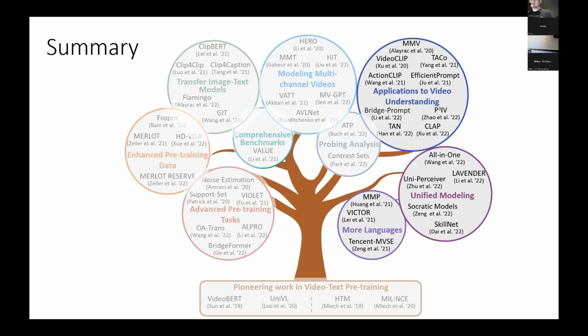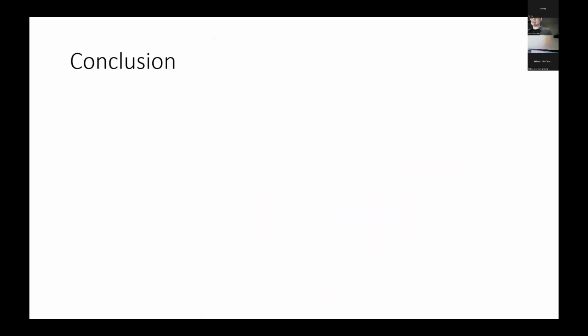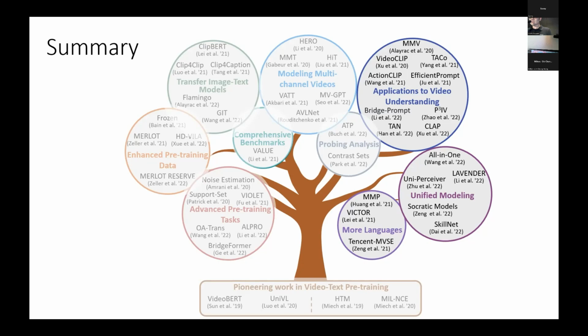Going forward, I think this type of work is pretty new and still has a lot of room to explore. For example, one challenging part for video-language pre-training is that the data quality is not that good. So further development of the pre-training method is also important. And also there is some work trying to leverage the video-language pair for temporal understanding, like Tem and Flat. So this is also a possible direction to have a better understanding of video training,